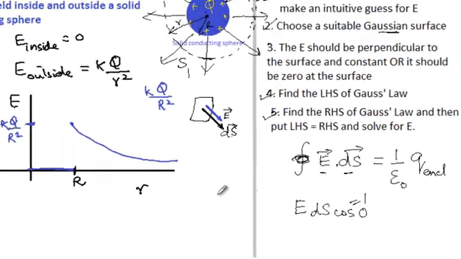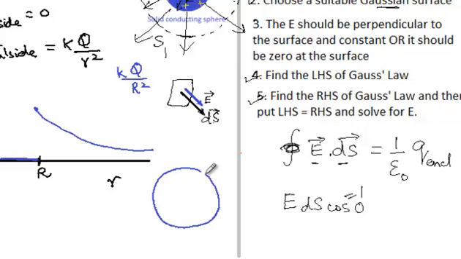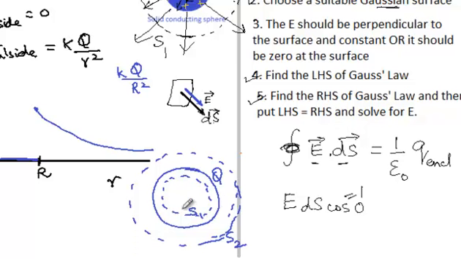Now I want you to similarly derive the electric field both inside and outside a spherical shell. The hint that I'll give you is the charge Q is going to once again reside on the surface of the shell. So you choose a Gaussian surface inside to find the electric field inside the shell, and you choose a Gaussian surface outside. You can choose a spherical Gaussian surface in both the cases to find the field inside and outside the spherical shell.